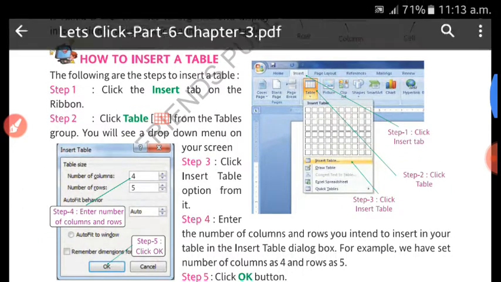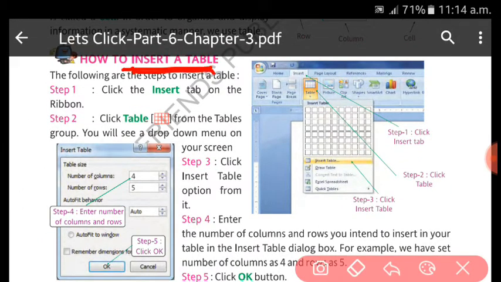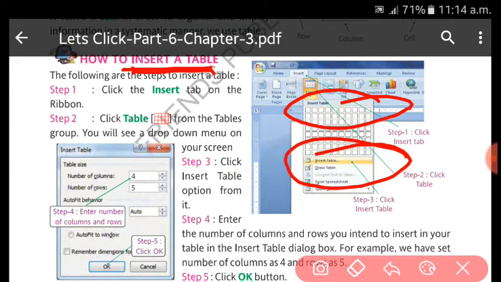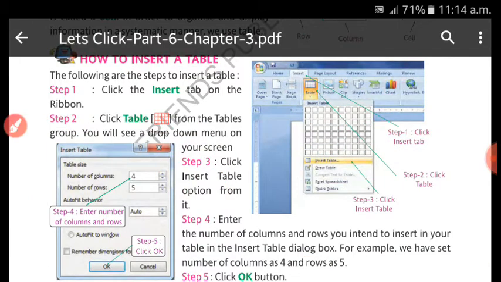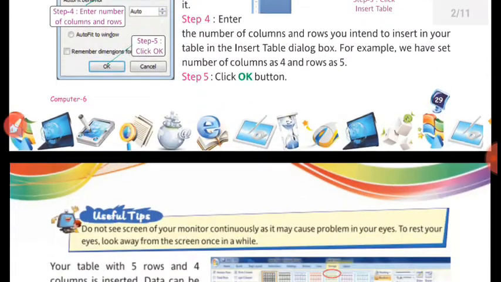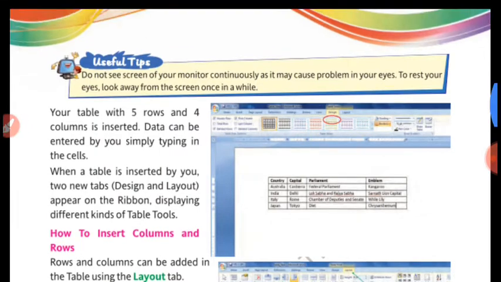How to insert a table, because we have to study about tables, right? So you can see, when you open MS Word, you have to click on Insert. You will see this Table option. Okay, so there are two ways. You can select the number of rows and columns with the help of this, and you can also select Insert Table. If you click on Insert Table, you will see this kind of dialog box. In this you can see number of columns, number of rows. So you can insert as per your choice. As per your choice, the number of rows and number of columns will get entered into the table, right?